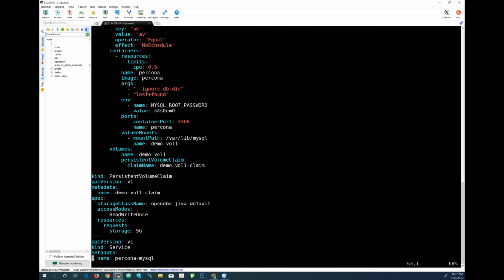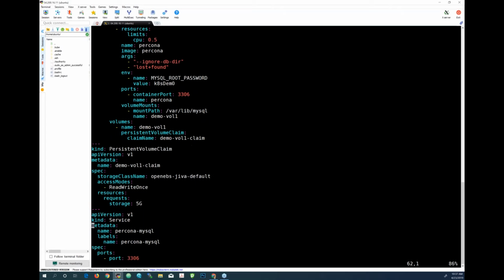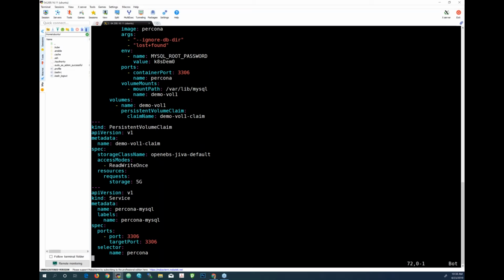There is only one thing. When you deploy OpenEBS, it comes with default storage classes. You can find instructions to create your own storage classes. But when you create an application and that creates a persistent volume claim, you only need to mention that storage class, and the rest is automated by OpenEBS.